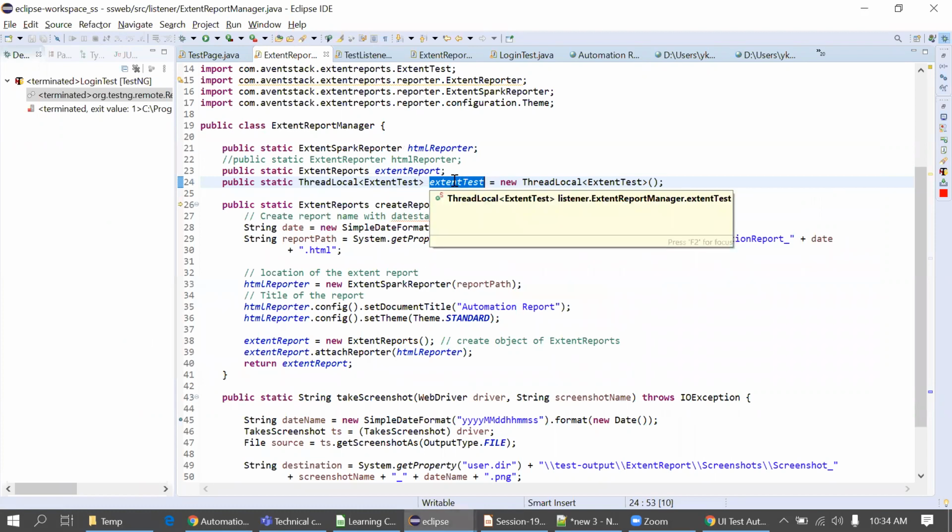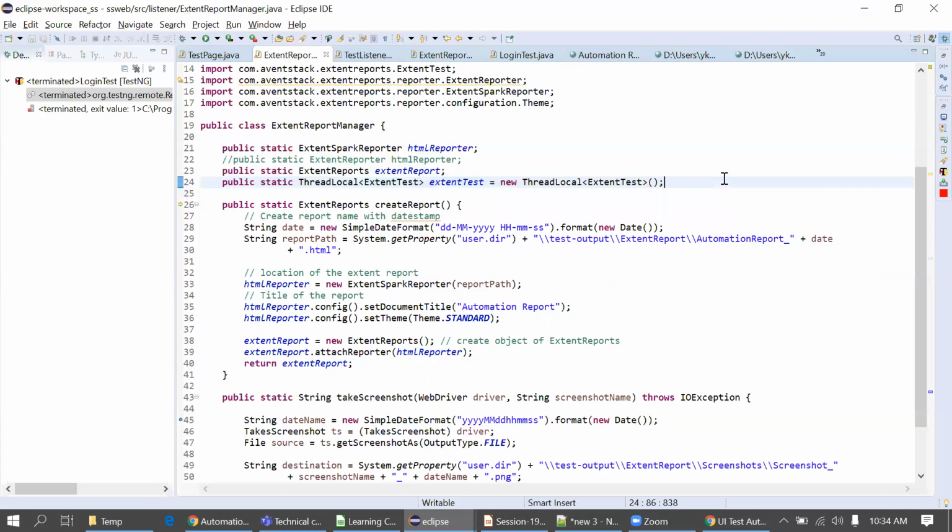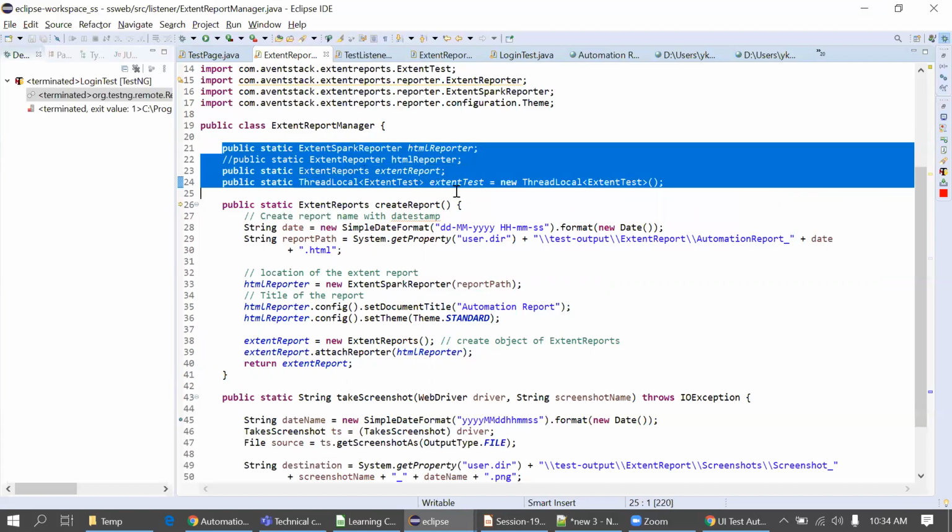What if we don't give these classes? Then how will we get the report? No, then we won't get the report. It is mandatory to implement this in our project; only then will we get the report. If you are not using this, why are we taking the dependency? We are taking the dependency so that we can implement this in our project.